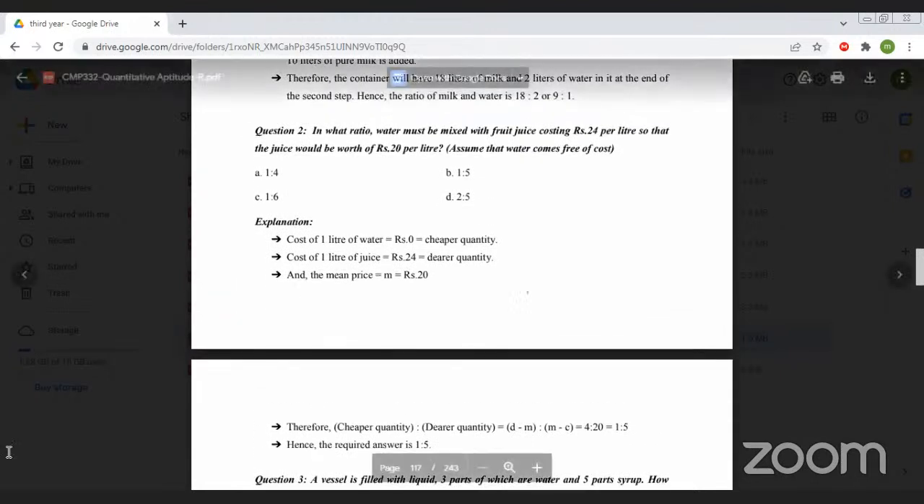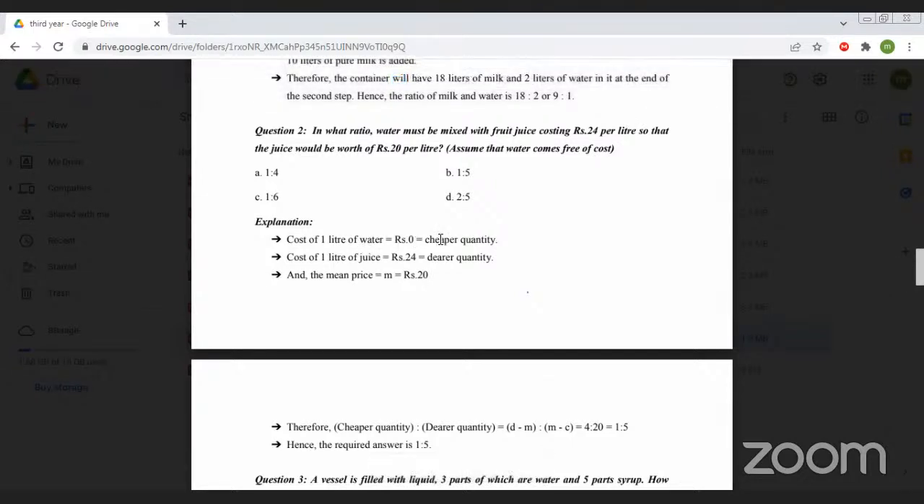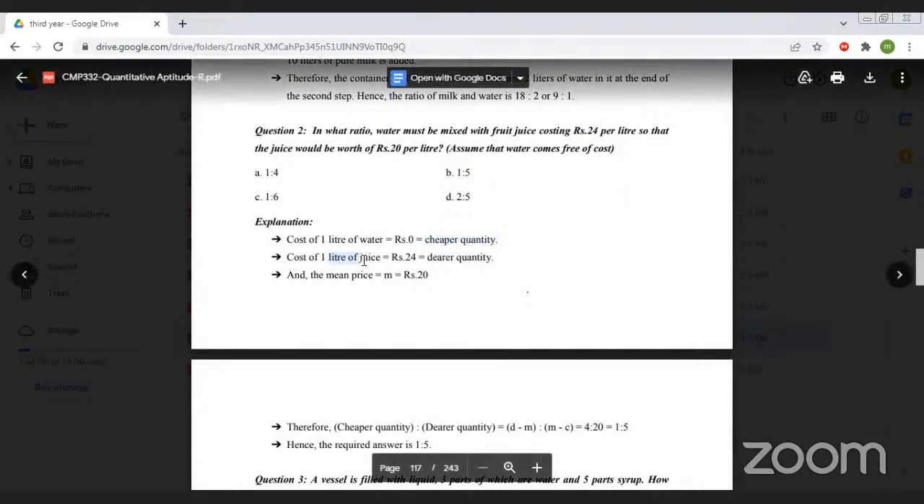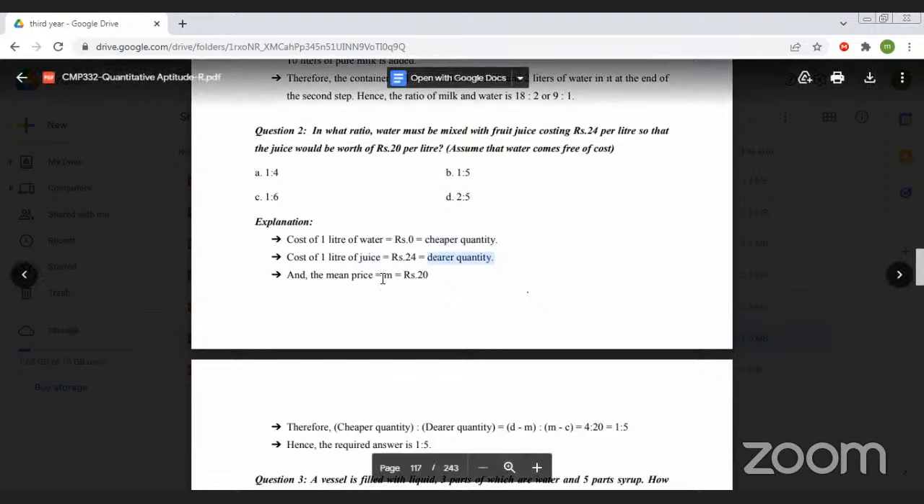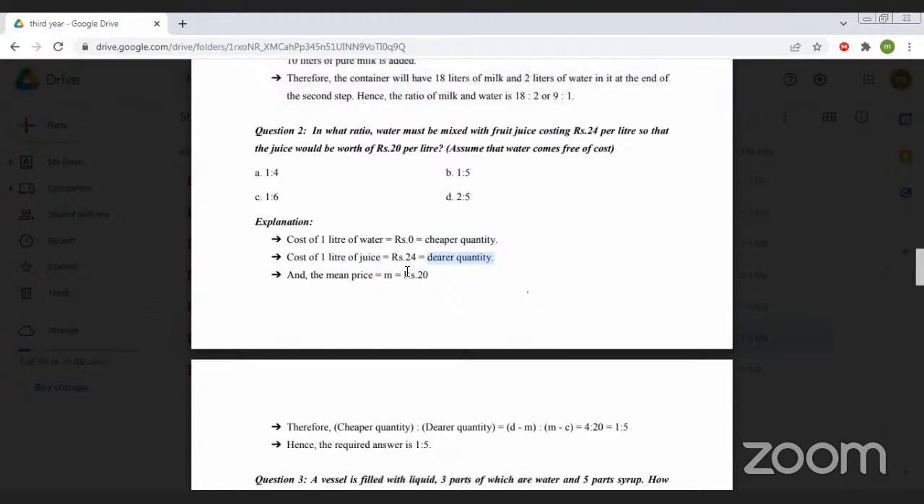Let's check this one. In what ratio must water be mixed with fruit juice costing 24 per liter so that the juice would be worth rupees 20 per liter. Assume the water comes free of cost. So free of cost means the value for cost of 1 liter of water is what? 0. So it becomes the cheaper quantity. And we know the cost of 1 liter juice is 24 rupees. That becomes your dearer quantity. So mean price will be what? 0 plus 24 upon 2. That will be,